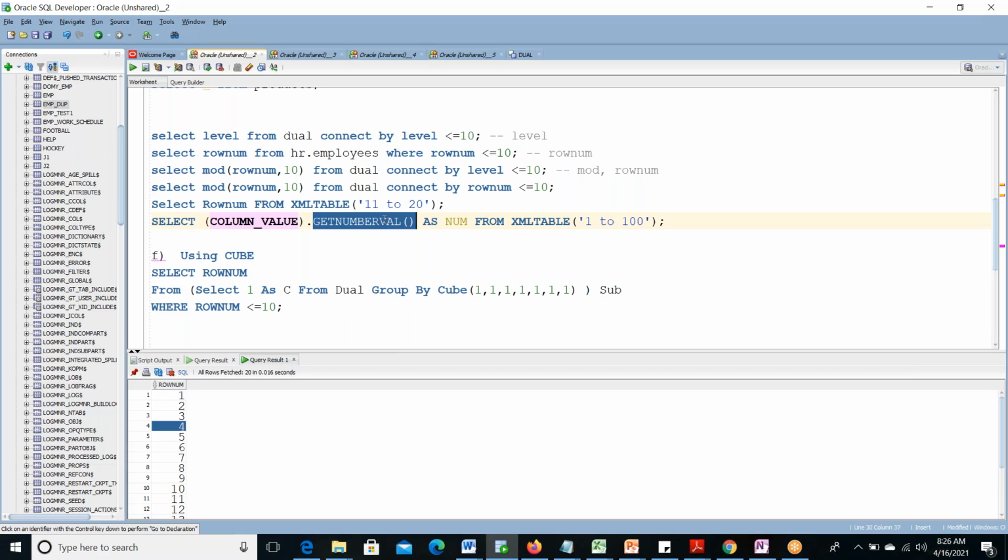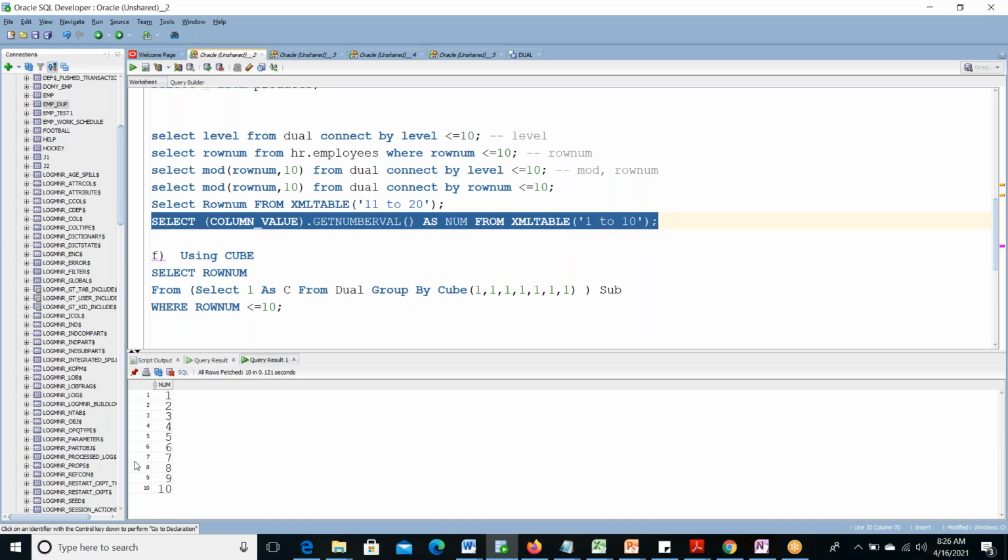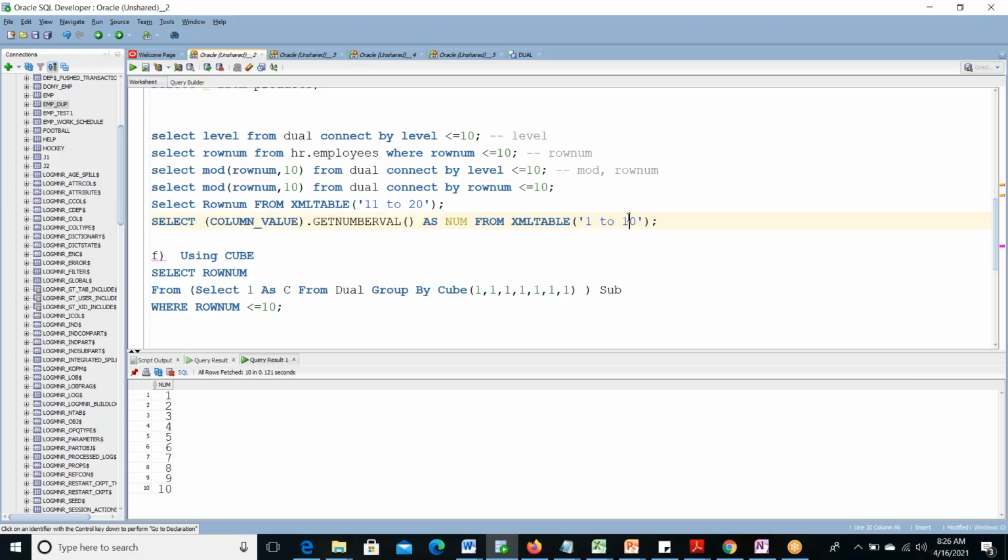So using this function, it will generate some numbers in a column, and column underscore value is one table name present in the Oracle database, as num alias name, again from XML table 1 to 100, 1 to 20, 1 to 10. 1 to 10. If 1 to 20,